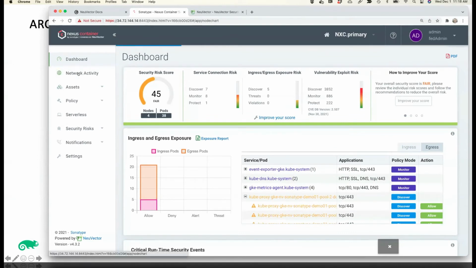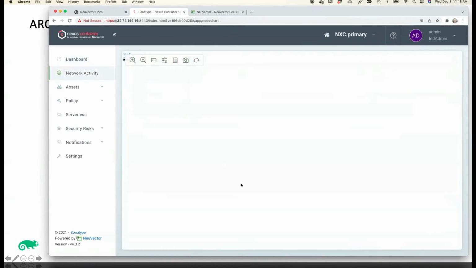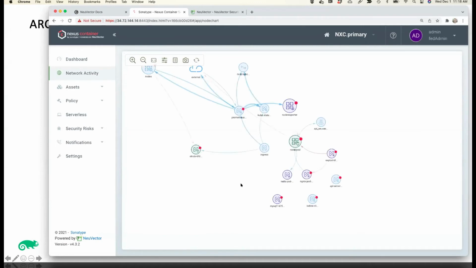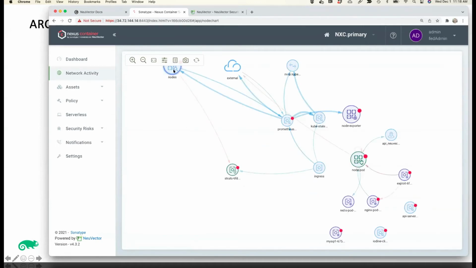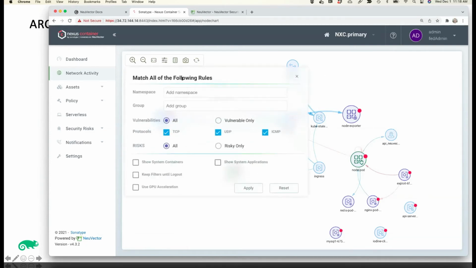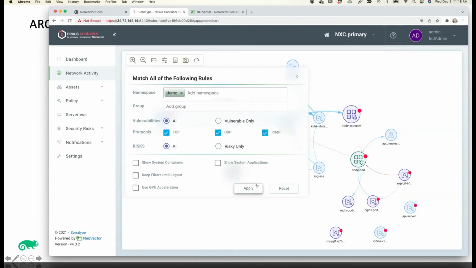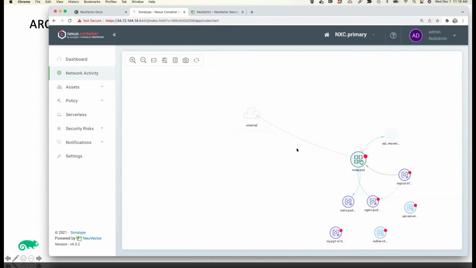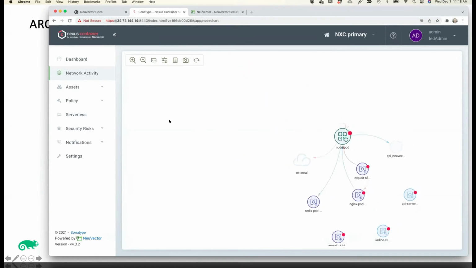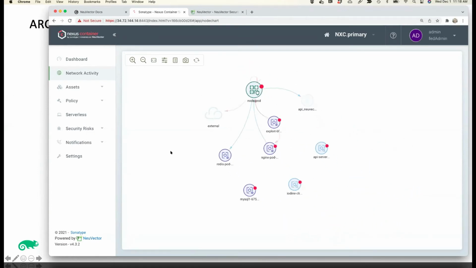Now, we summarize all of the network activity in a visual display, which is really a live, real-time view of all of your network connections. You can imagine in a complex environment that you would have a lot of these containers. So we'll automatically collapse namespaces and groups if we detect too many applications, containers and pods running. But you can also filter them down like I'm doing here into various namespaces.